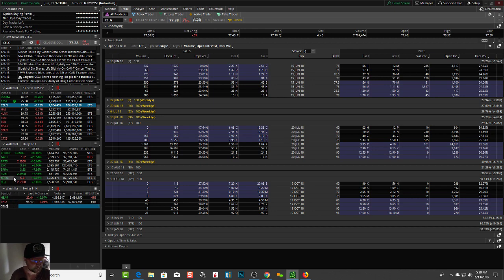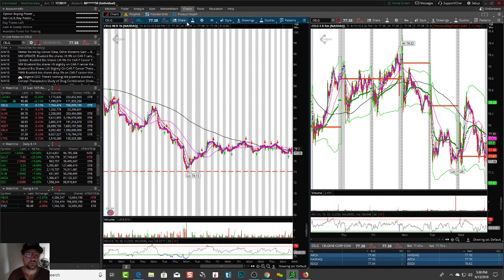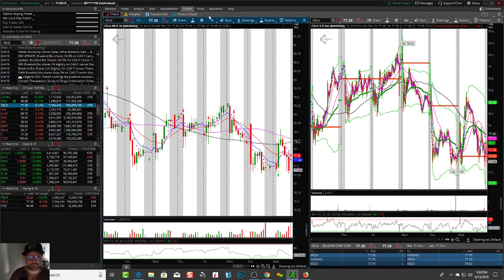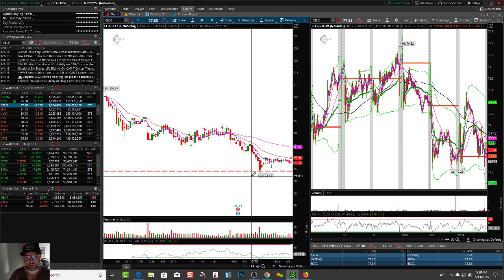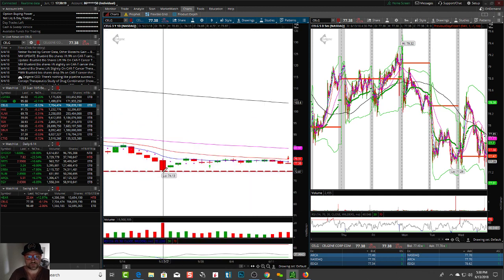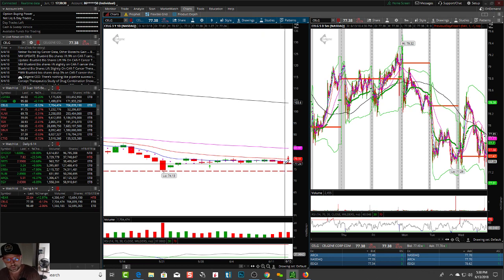CELG. Taking more of the bearish side of things, potentially. Right? It's failing the moving average lines, failing them on the daily, room to fall. You know, so now you want to see these moving average lines separate and see if it falls potentially downwards. Again, it could prop back up. Got to watch and see.